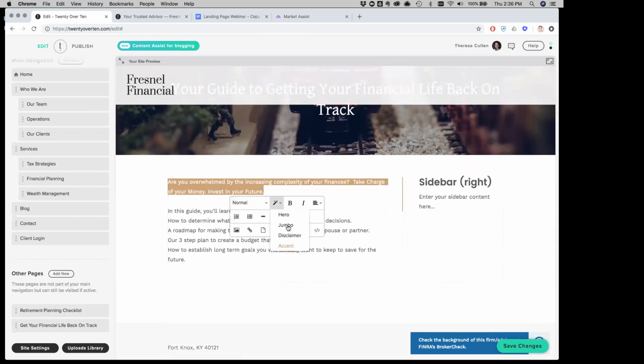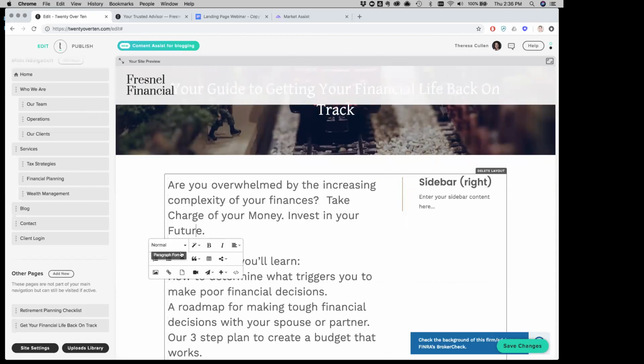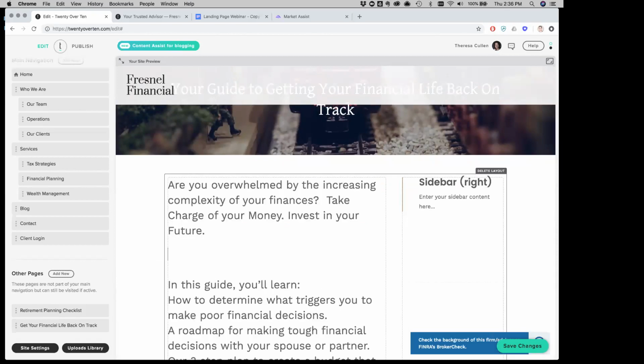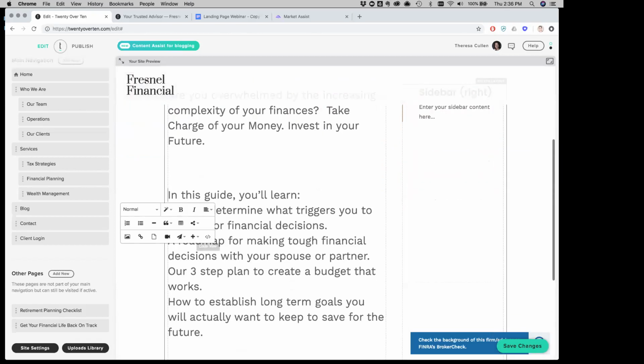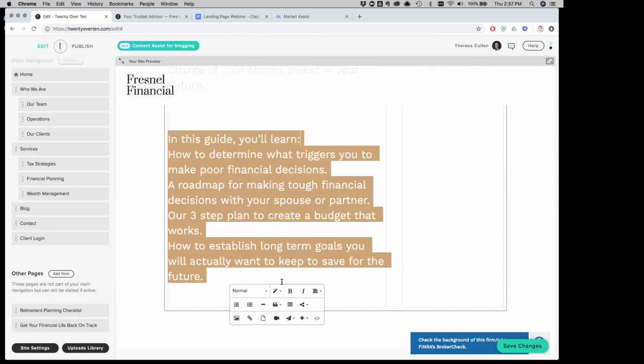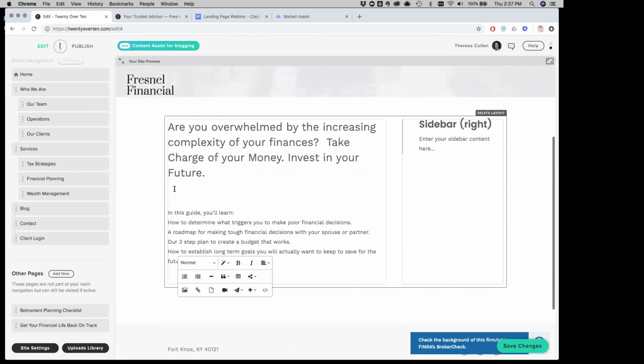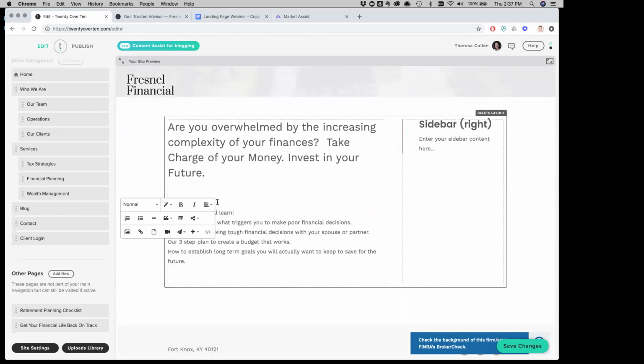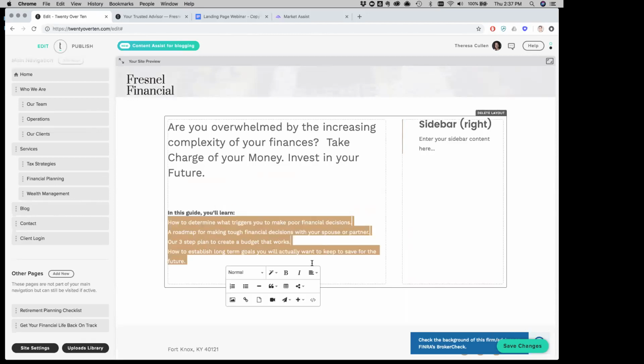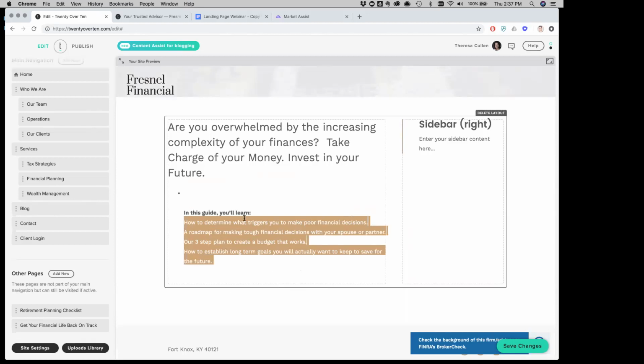I can go in and style things. Let's just make this standard text. Maybe I actually want to bold this a little bit. I want to make this some bullet points. Right, so really easy to do.